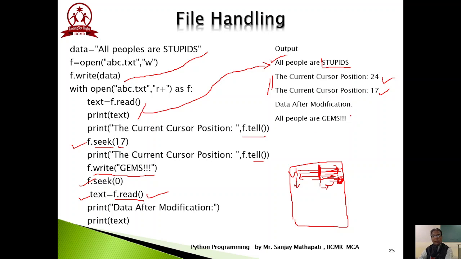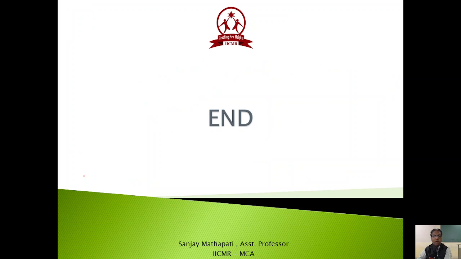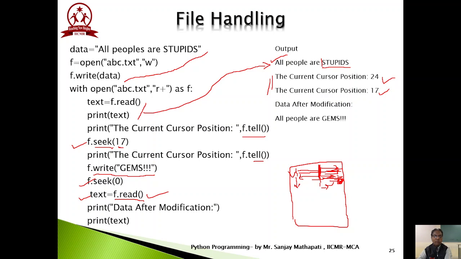So likewise you can read the contents from the file and you can write or modify the content of the file with the help of just the read and write methods, no issue. But if you would like to position your file pointer at a specific position, then you are going to use two methods.